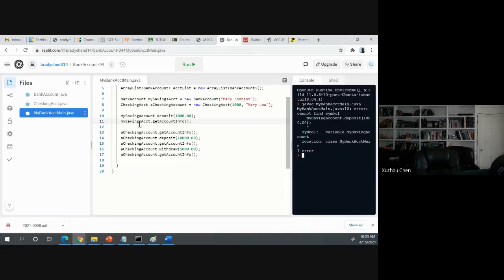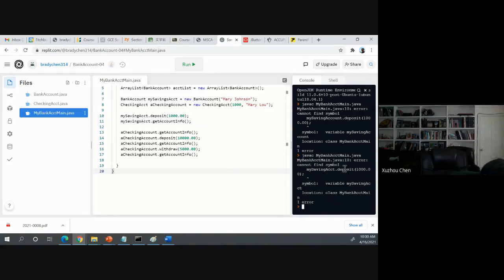Okay, my savings account get info. Oh, I think I did something wrong. It's ACCT, not ACCOUNT. Hmm, still I got something wrong. In my main, it's my savings, my savings with an S. I missed the S. Well, it always happens. Okay, now I can